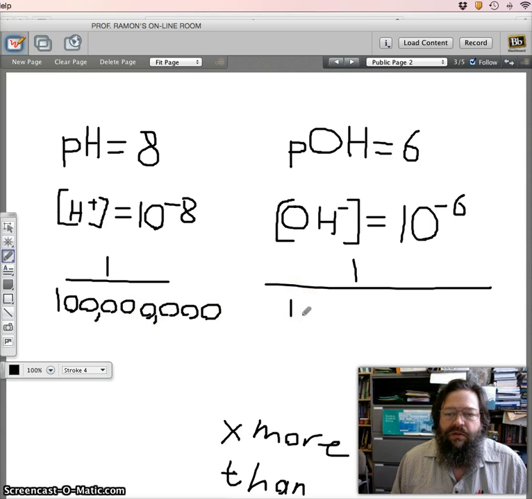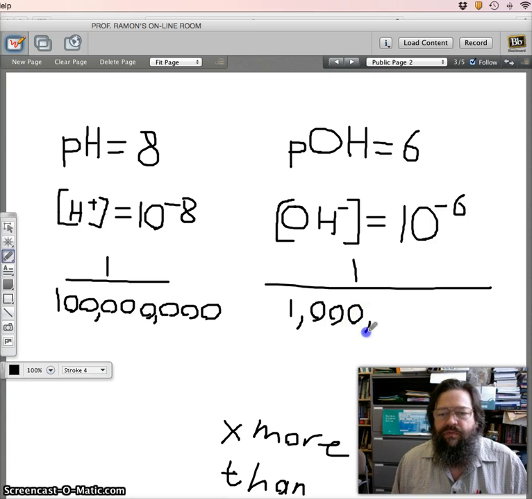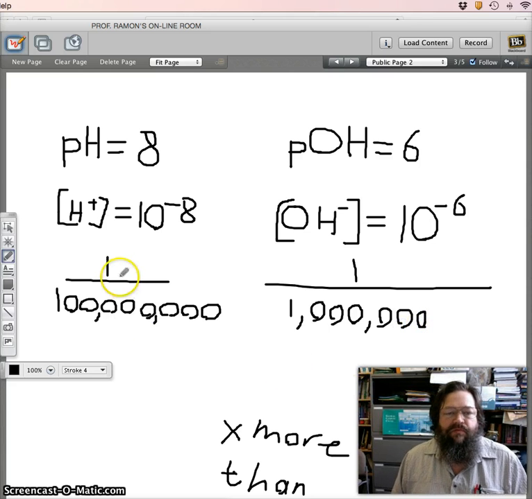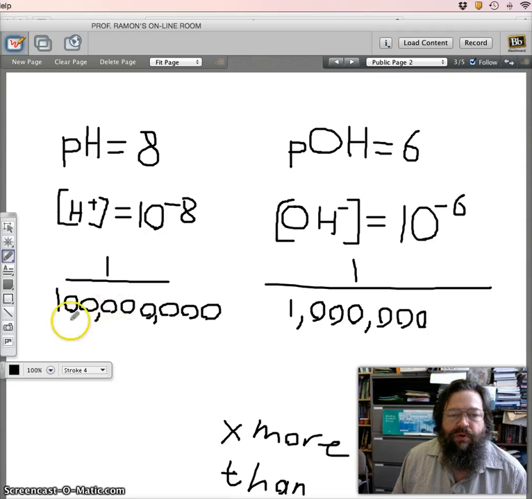And our hydroxide ion concentration is going to be 1 over 1 followed by 6 zeros, which is a million, or 1 part per million. If we've got 1 part per 100 million for the hydrogen and 1 part per 1 million